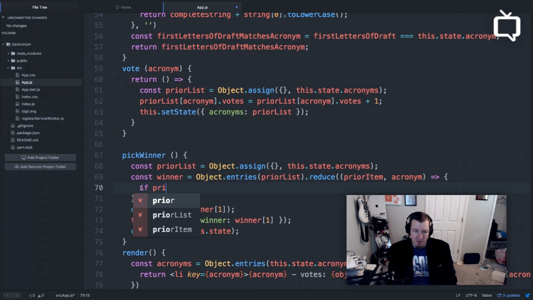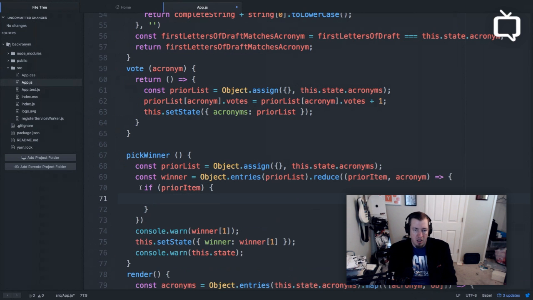If prior item exists, and if the prior item votes is greater than acronym,